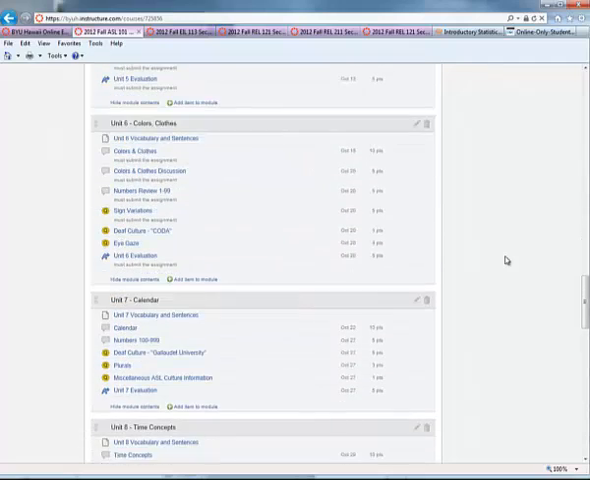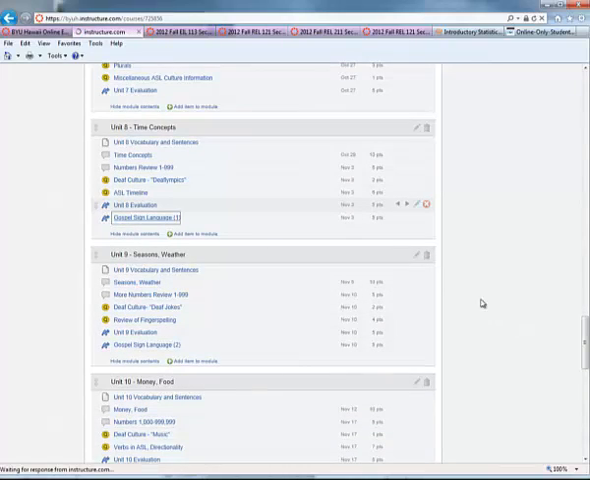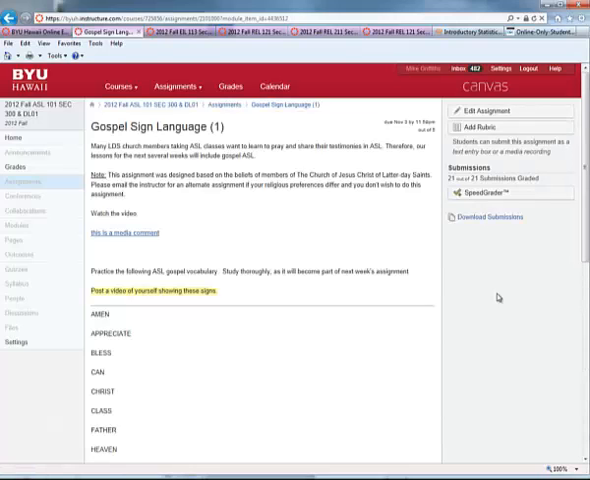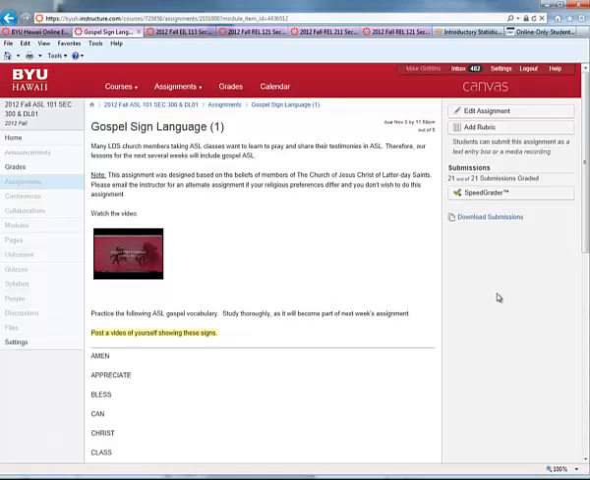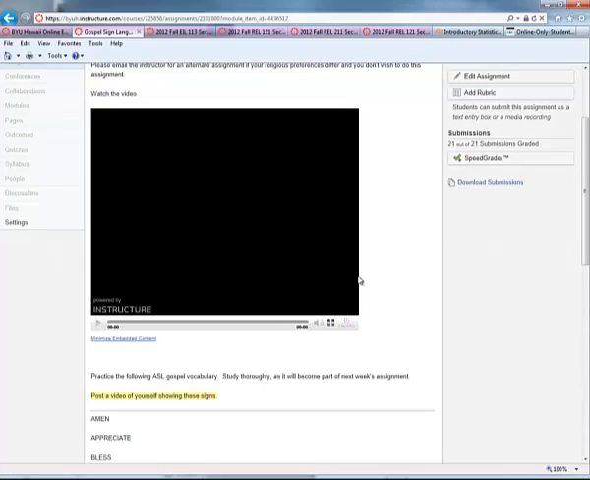And then I'm going to take you down to, let's look at Gospel Sign Language. This is a fun one. It's an assignment rather than a discussion, so I'll show you how that looks. What you saw before in the introductions is a discussion where each student can see every other student's submission. On an assignment, the student will watch the materials and then submit their video, but only the teacher sees the result. So they would have watched a video